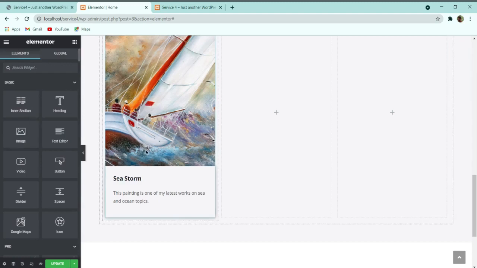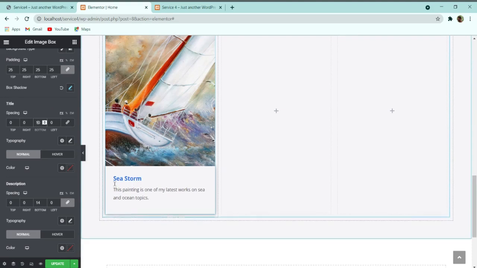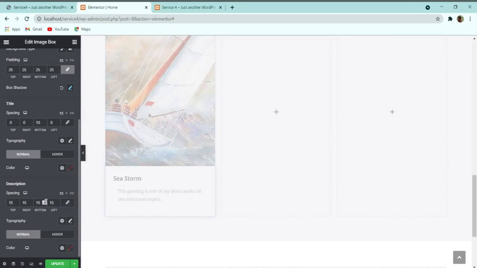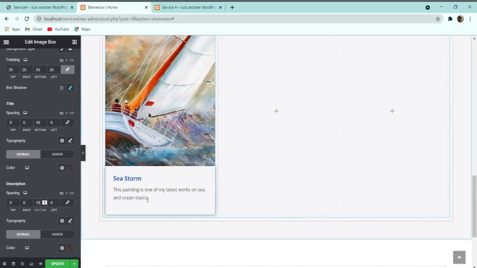After that, let's go to this body setting again, and here you can see that we have to change the typography. So for this, before that, let me go to this title spacing, and here I will make it 10. Sorry, just unlink this, and give a 10 pixel bottom spacing, and here you can give it 15. No, let me make it 0 first. You have to unlink it, and here you have to give it 15 pixel. So here 15, here you can see that now let's go to this typography.